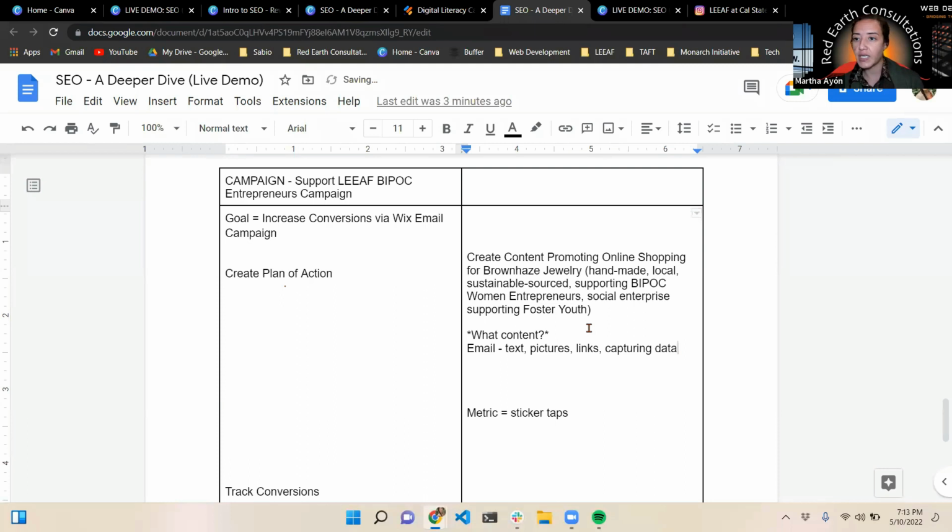So the more description that you give about a product, the higher the likelihood of you getting a conversion, rather than just having your product sitting there on your website or social media. And it looks nice, yes, but the goal is to have sales. The goal is to have conversions. And in order to do that, you want to